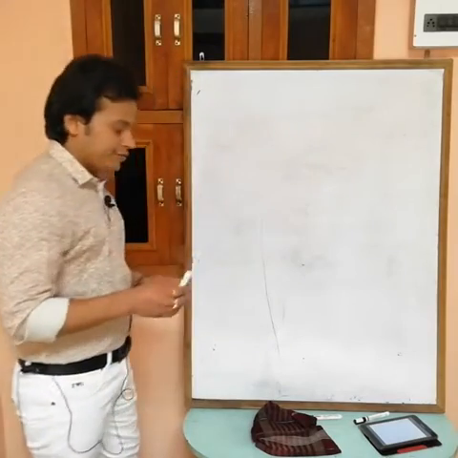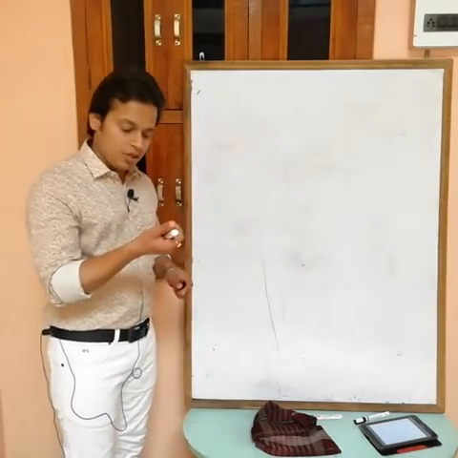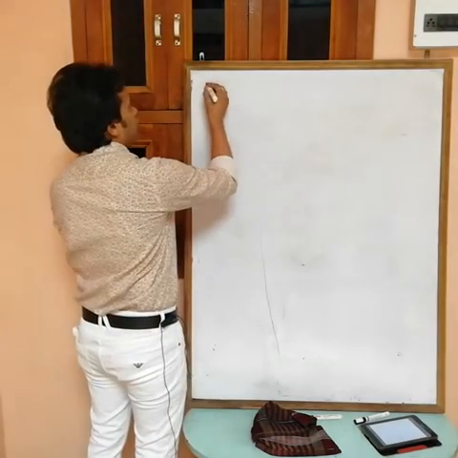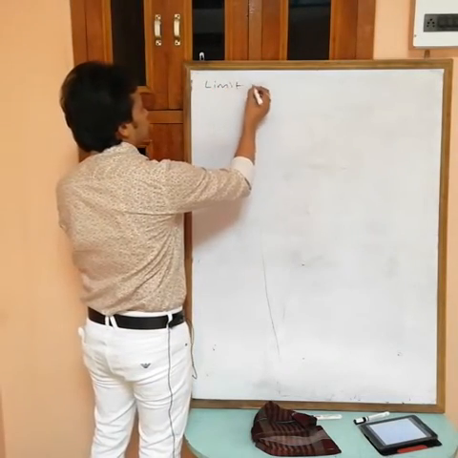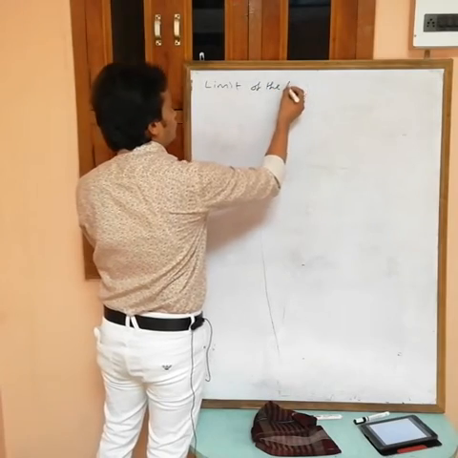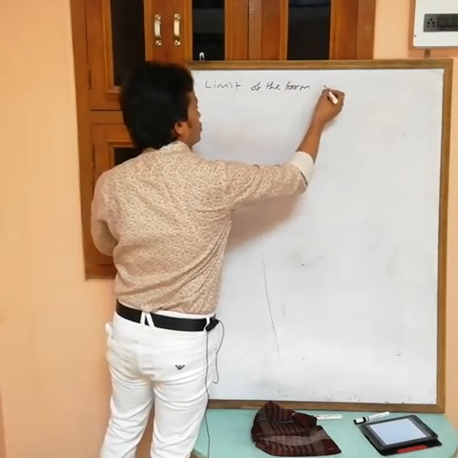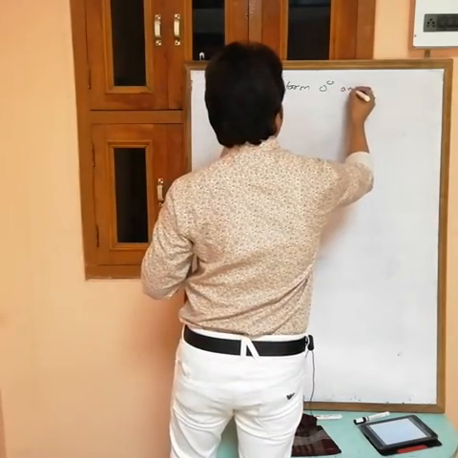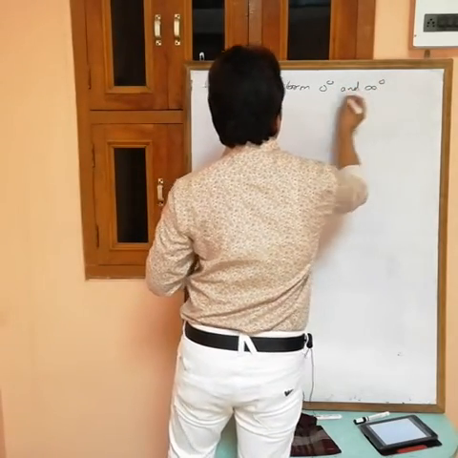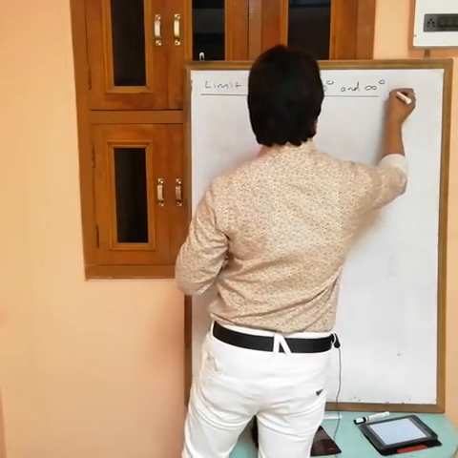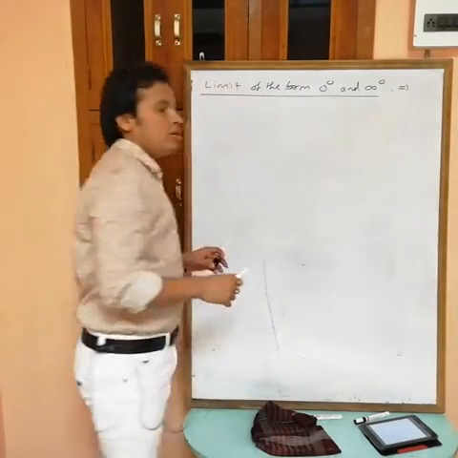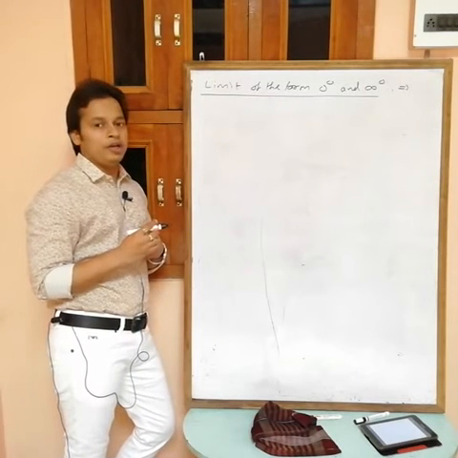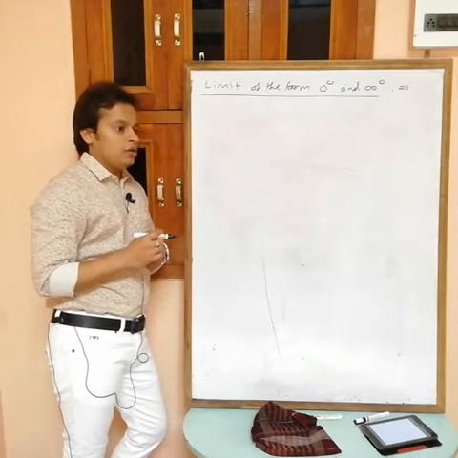Okay, so right next, limit of the form 0 power 0 and infinity power 0. In any question, if you have limit of the form 0 power 0 and infinite power 0, then we